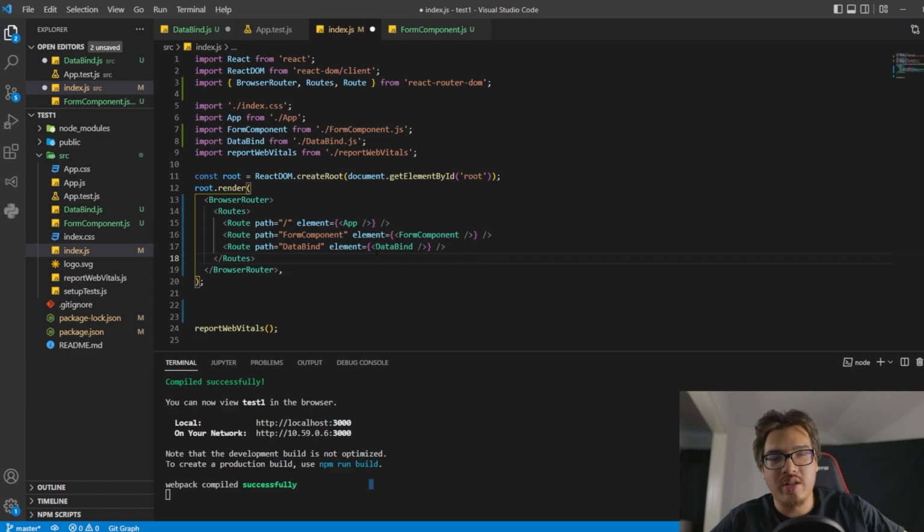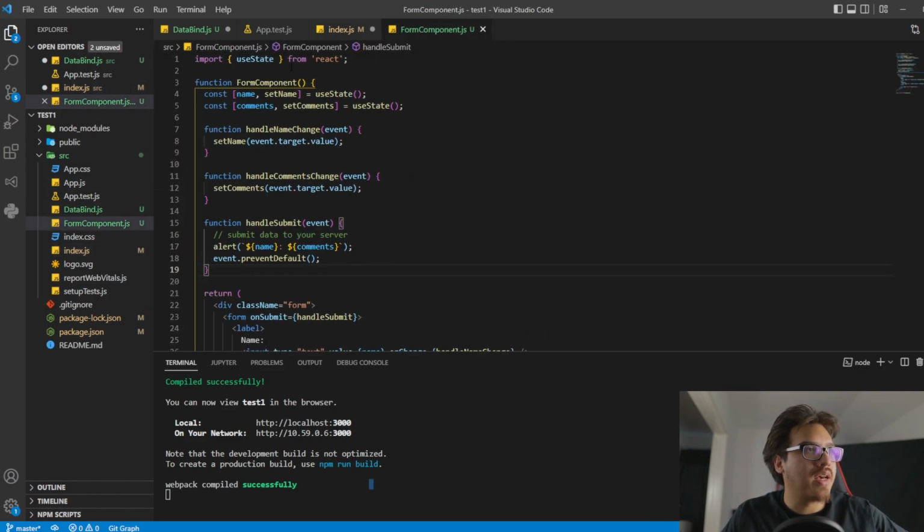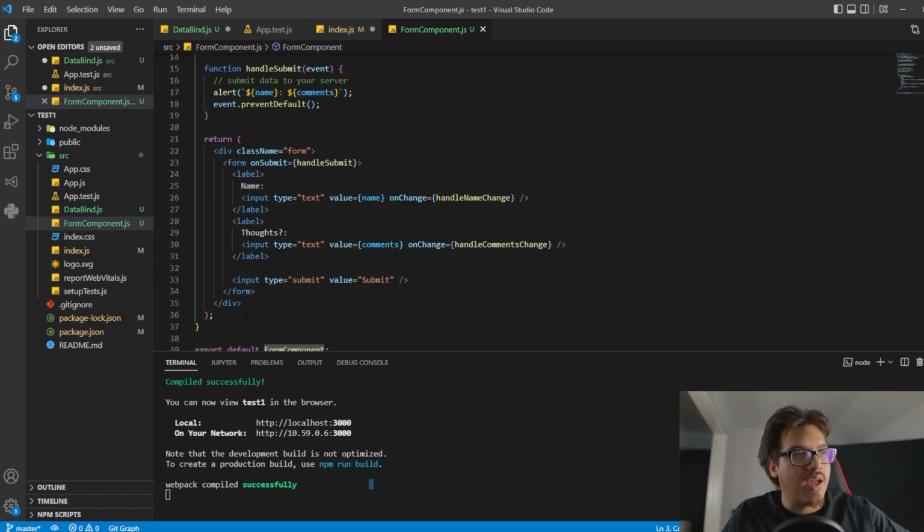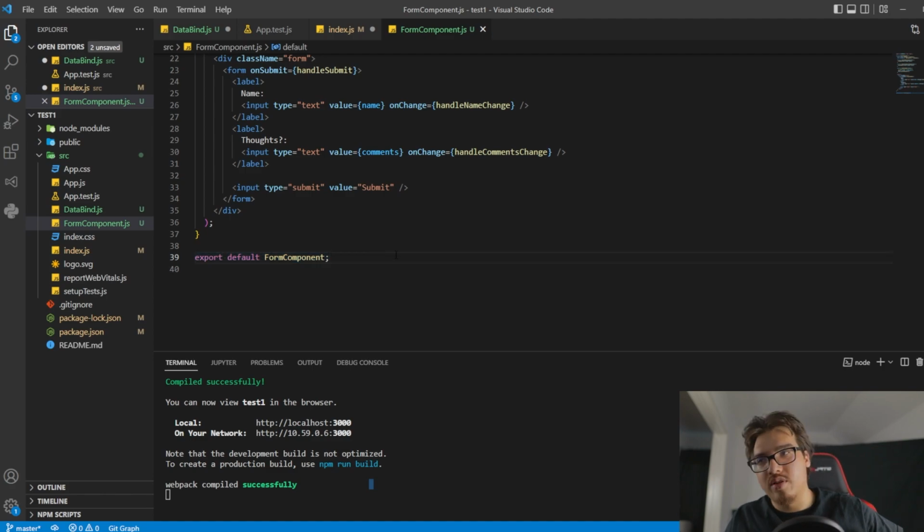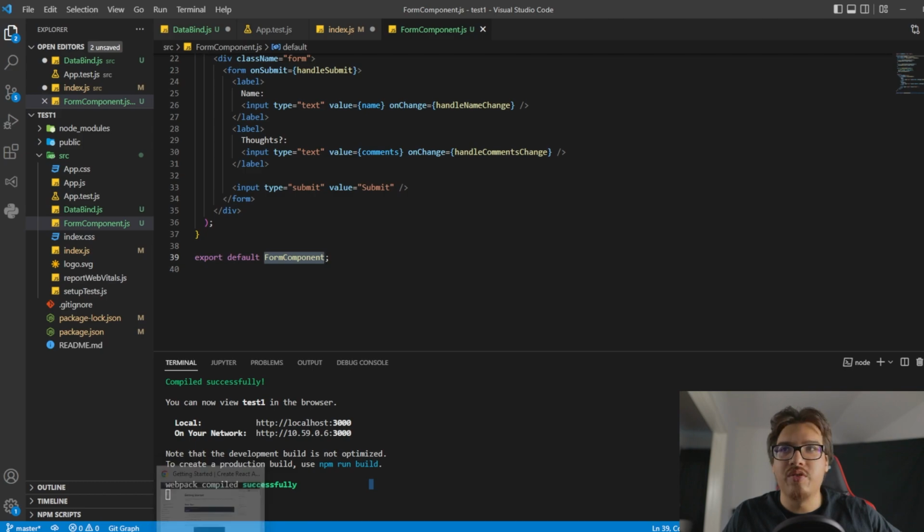It's similar to doing the NavLink stuff, where each one is its own component, and then it points to a component that has a name. Each one of these has its own name up here. So this one is a function called FormComponent, and then we export it, which is how the project sees it. So this will see it as FormComponent. That's why when you saw me do these other examples,